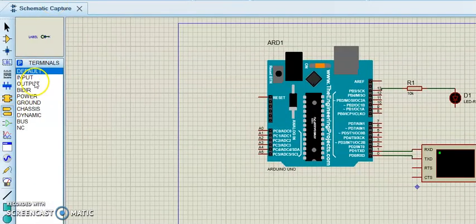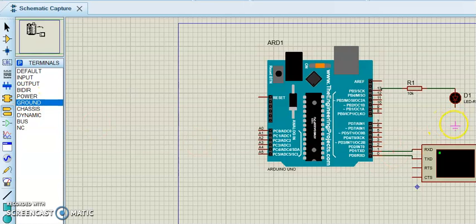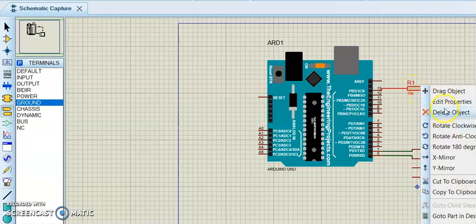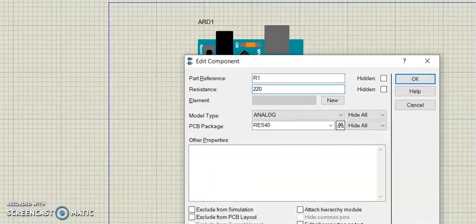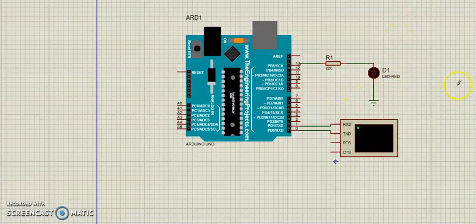Under this terminal section you will get ground, power, and so on. Here I want a ground terminal, so I put ground over here. The value of this resistor I need to change to, let us say, 220 ohms. So this is nothing but the connection diagram: on pin number 13 of the Arduino Uno board, the LED is connected via a 220 ohm resistor.